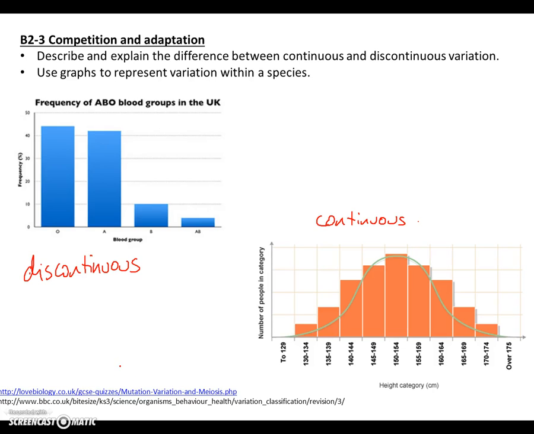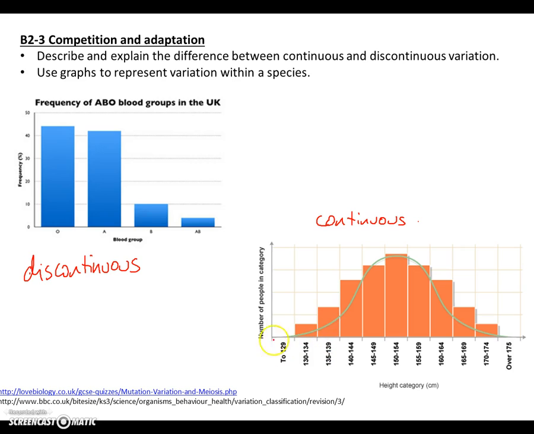Okay, just to recap that: discontinuous data can only have certain values, and it's a bar chart with big gaps between the bars. Continuous data can take any value, and if there's a large range of values, you tend to split it up into smaller ranges and have a bar for that particular range, so 130 to 134,